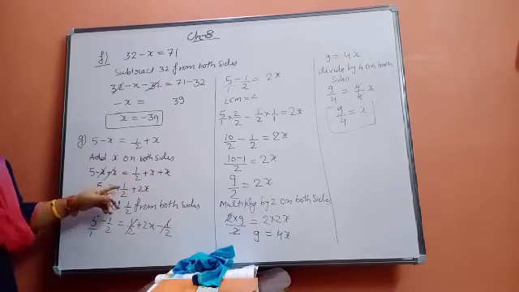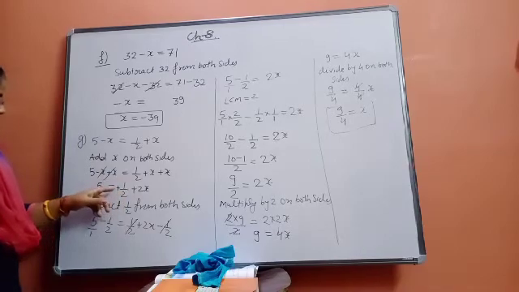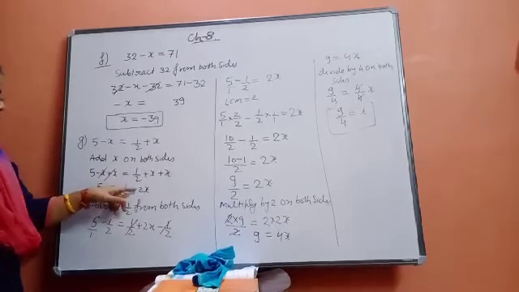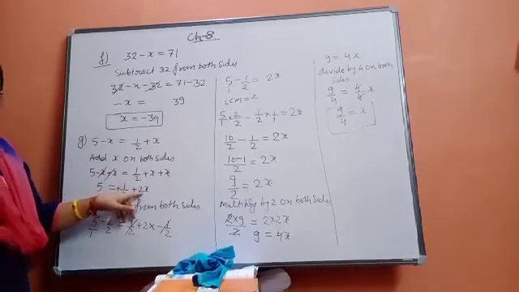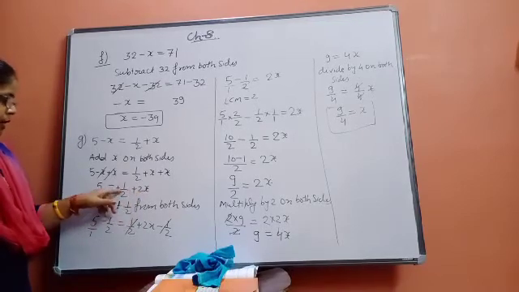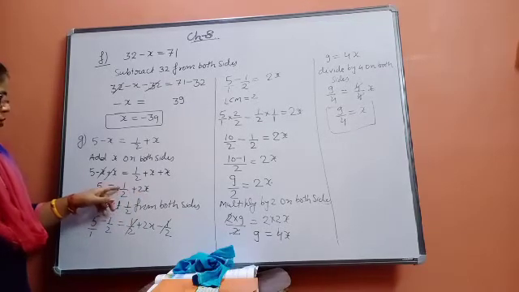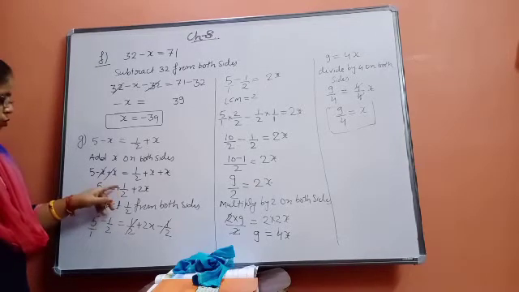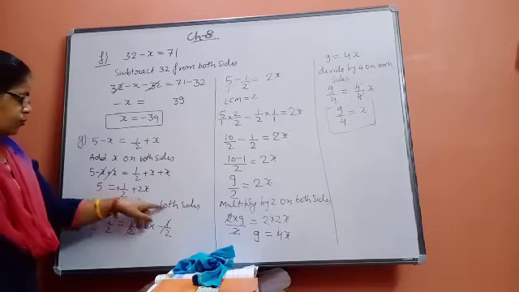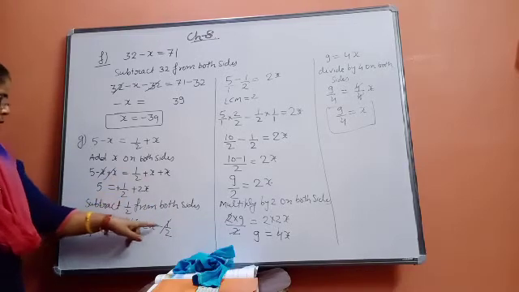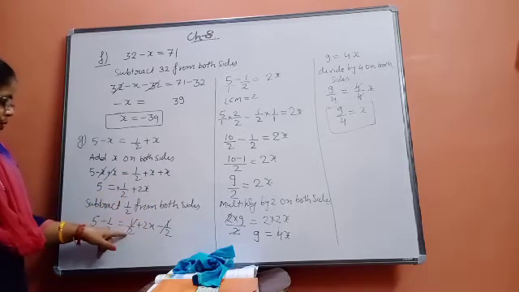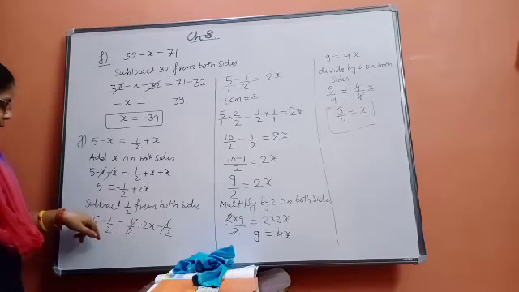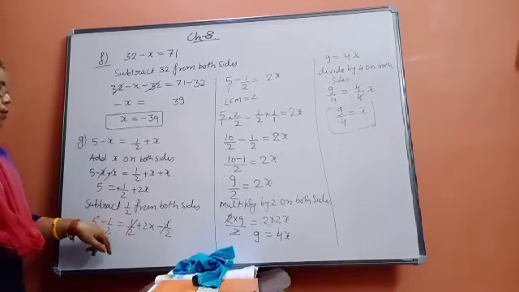Now what is the next operation? Here we don't want 1 upon 2 because we would like to make the variable free, because along with the variable this arithmetic value is there. So you have to remove this 1 upon 2 from here. A positive value is there. So what you will do, subtract 1 upon 2 from both sides. So in this way, both the 1 upon 2 will become cancelled, and here it will become 5 upon 1 minus 1 upon 2.